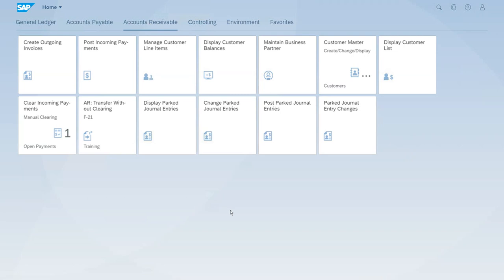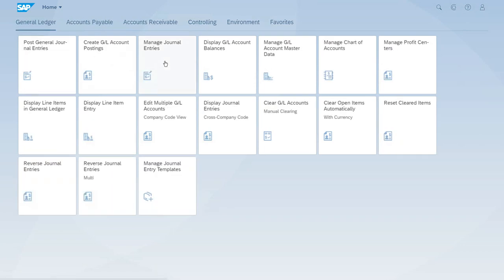In this lesson, we just want to double check that the revenues were correctly posted to the profit center that we defined in the substitution, and we'll just have some additional comments of what is important to consider with these substitutions. So, for this, let's jump to the general ledger group of apps